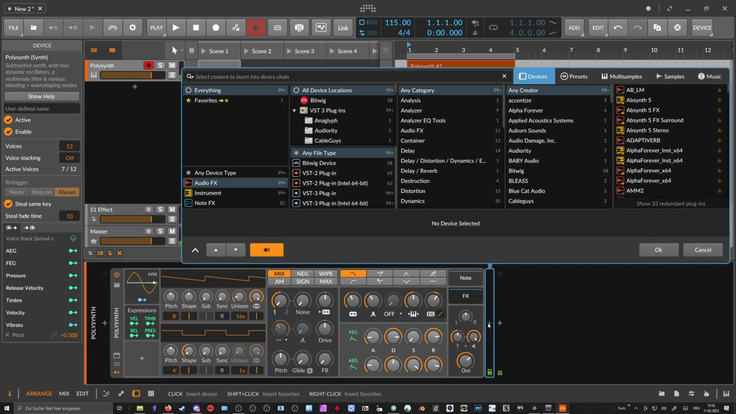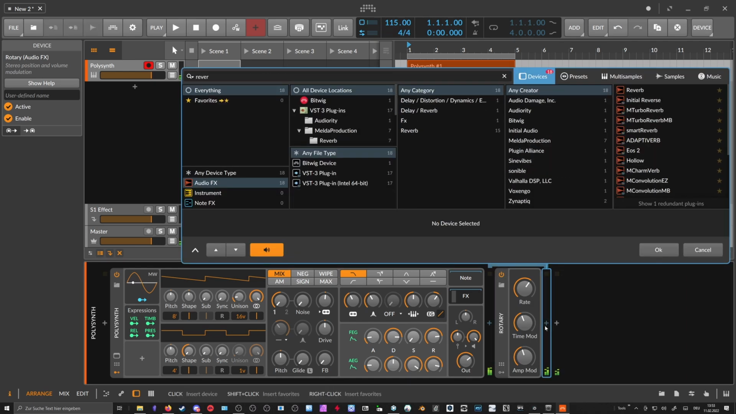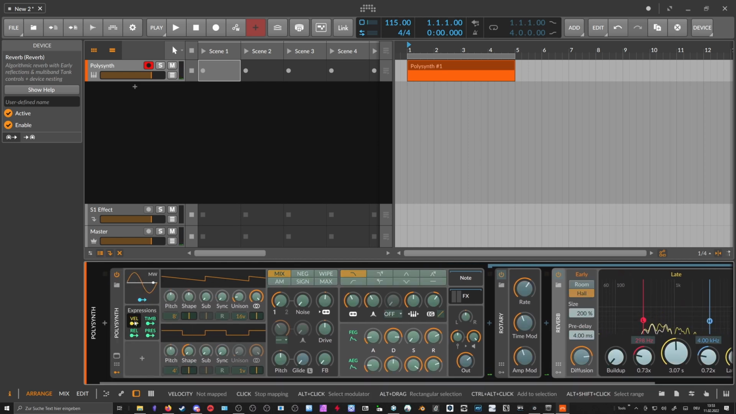And on that we can put the rotary, and maybe a reverb. I would say it sounds pretty nice already. Maybe we use here velocity for our filter envelope depth. So the more you put pressure on your keys,